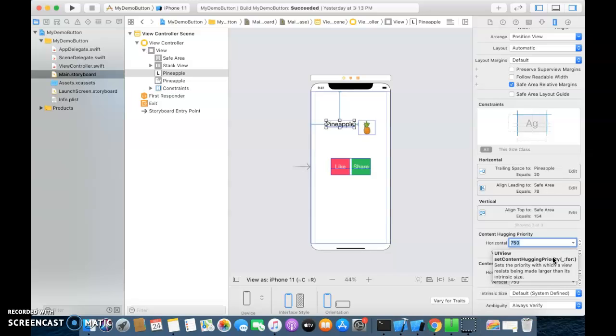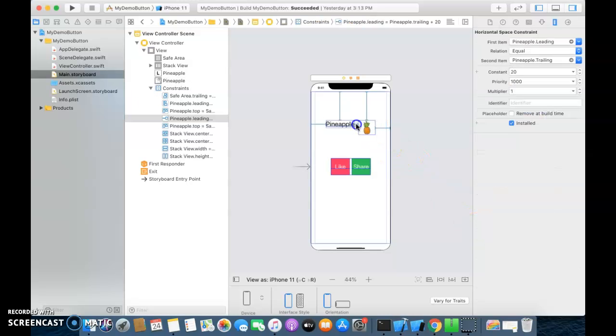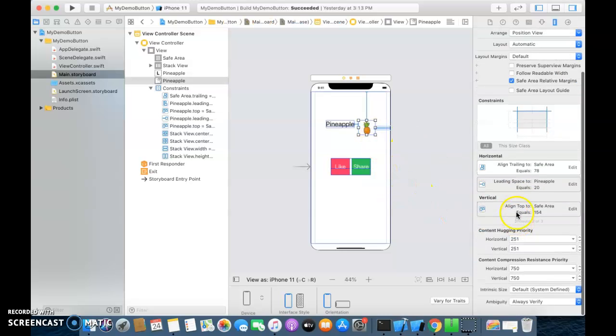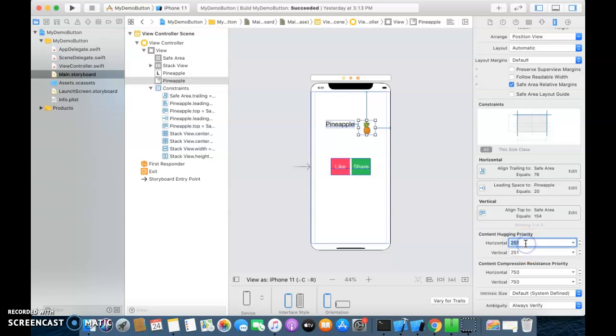So I have provided the label a content hugging priority of a high value, then the priority of this pineapple, the content hugging priority of this pineapple is 251.